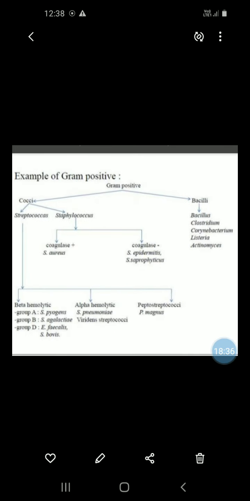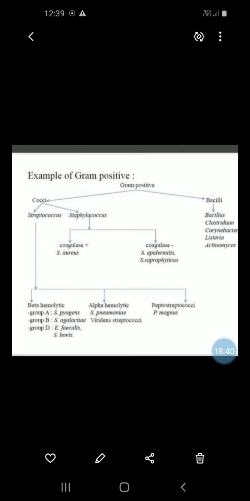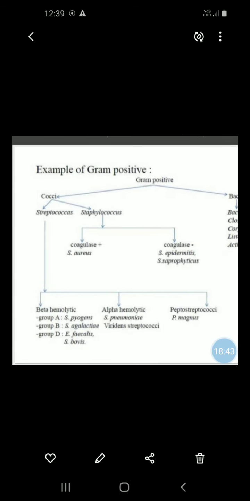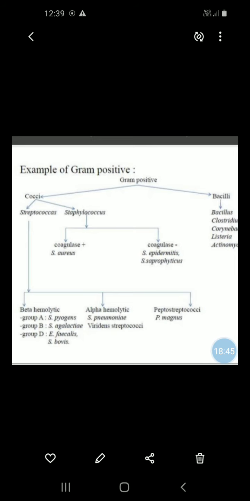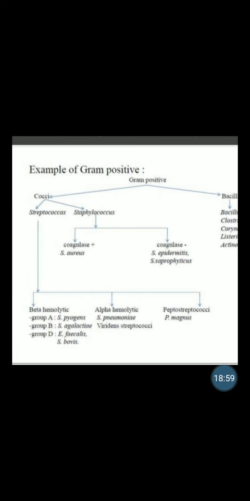Here we can see the examples of gram positive and gram negative bacteria. Gram positive, cocci and bacilli. In cocci it is streptococcus and staphylococcus. In bacilli it is bacillus, clostridium, corynebacterium, listeria and actinomyces. Then in streptococcus it is beta hemolytic, alpha hemolytic and